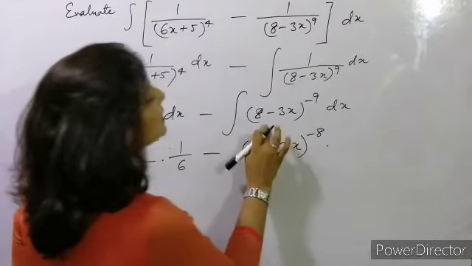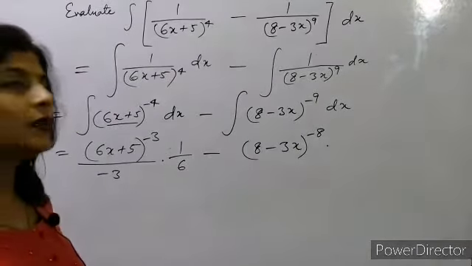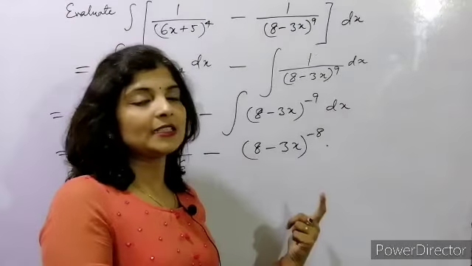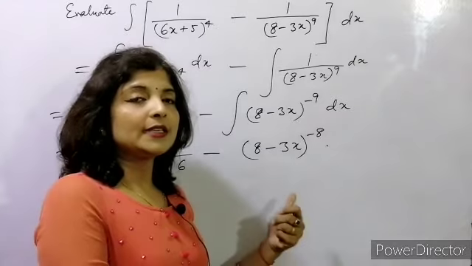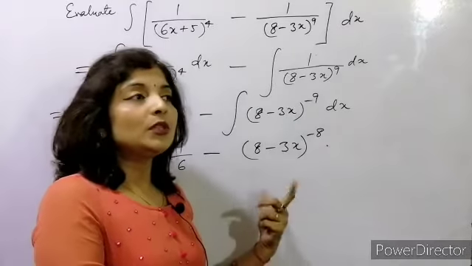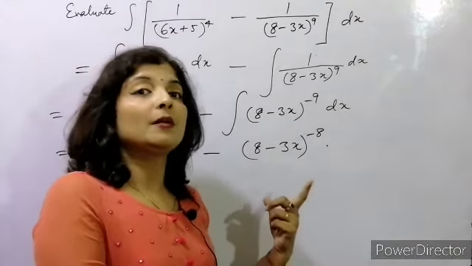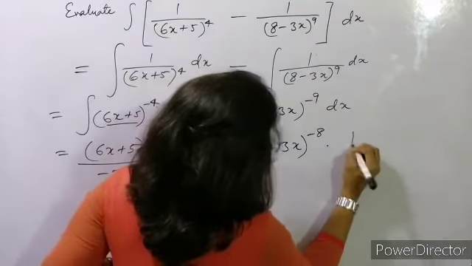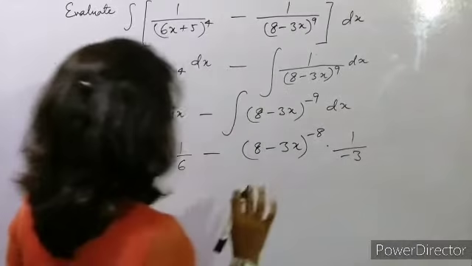Now for this also we have to find the value. In differentiation we get minus 3, because the scalar value with x is minus 3. So the resultant we have to multiply by minus 3, so in this case we have to divide by minus 3. Okay, now